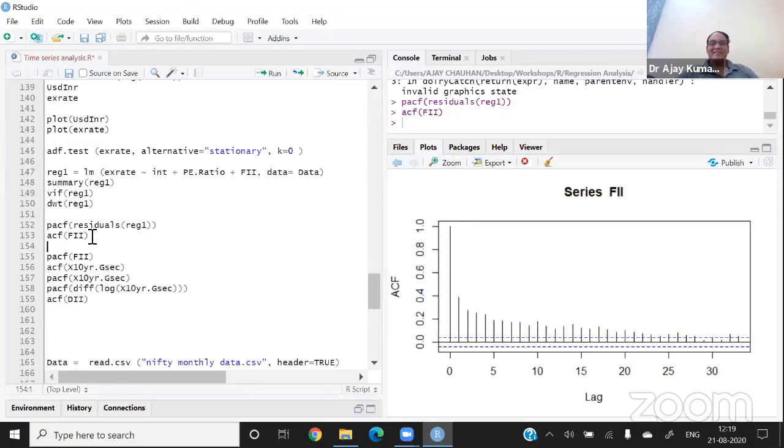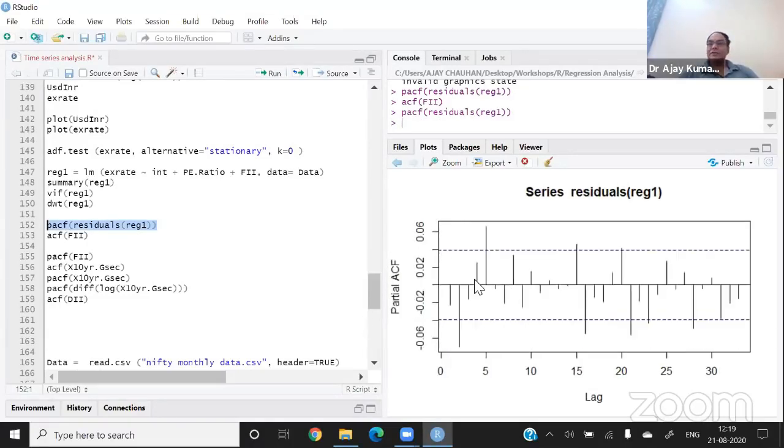So if you plot a PACF graph, and the first spike of PACF is equal to 1, then it is called non-stationary, and if it is not equal to 1, that is called stationary. For example, we know that USD INR is a non-stationary series, and if I make a PACF plot,